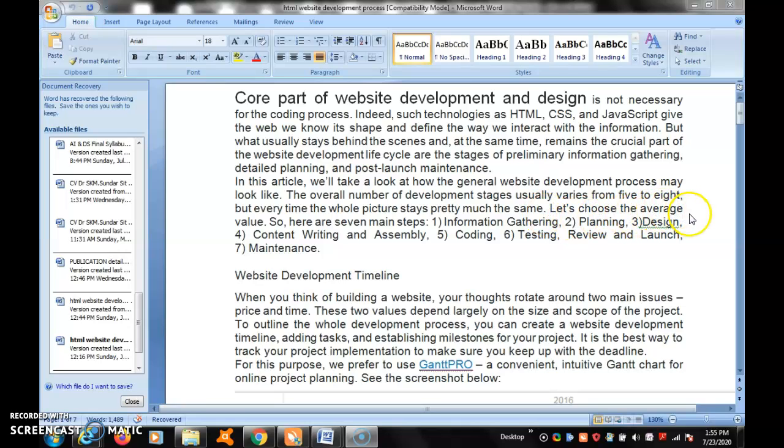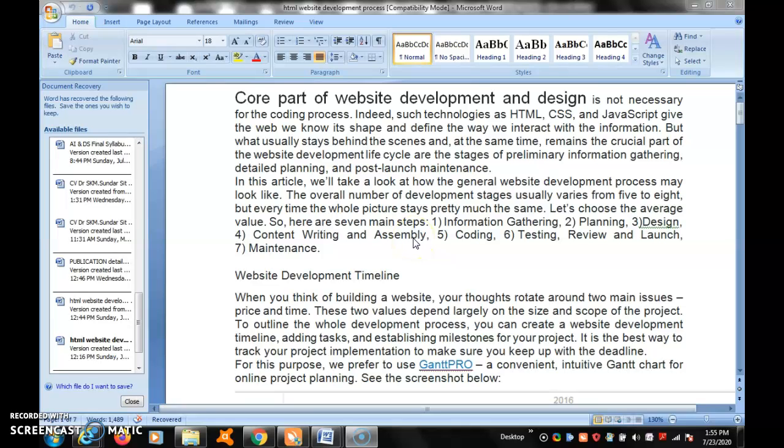Let's choose the average value. So here are 7 main steps in comparison with the software development life cycle. Information gathering, that is for documentation, planning, designing, and then content writing and assembling.